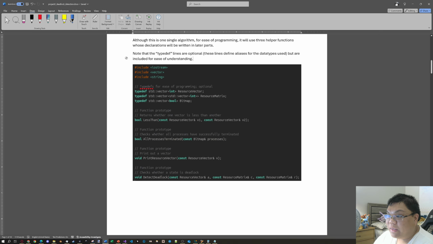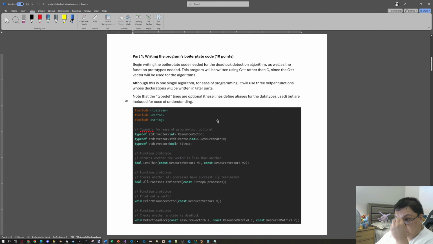To do that, we can begin with the sample code here. We're gonna define several functions here. Even though we only have one deadlock detection algorithm, we have a few helper functions because some of the code is repeated, and we just want the helper functions to make it easier to write out the code. There are also a few typedefs, so the typedefs aren't necessary, but I've added them anyway for